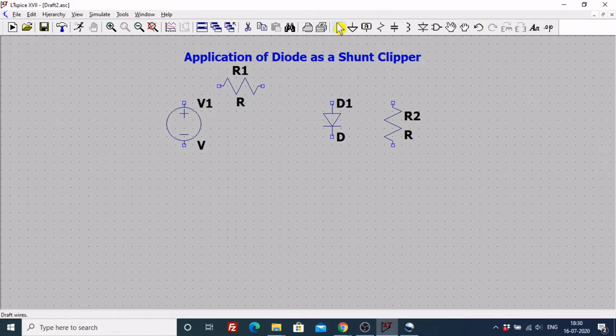Click on escape and use the wire to now make the connections. So once you connect all of these boxes, see now since I've got this box over here, that means there is some problem here. So you go to edit and undo. You can also use F9 for doing the same thing. Continue wiring.